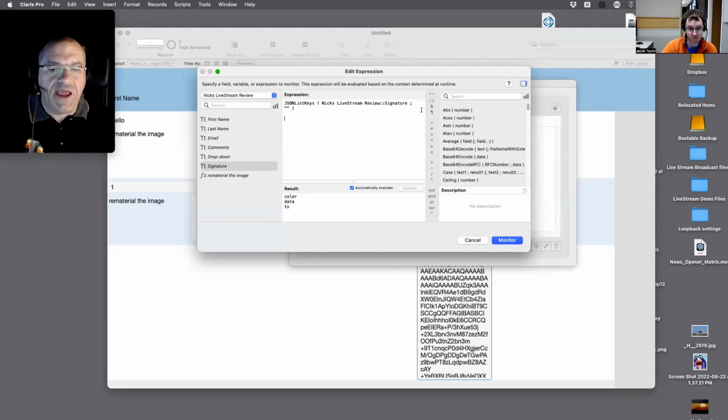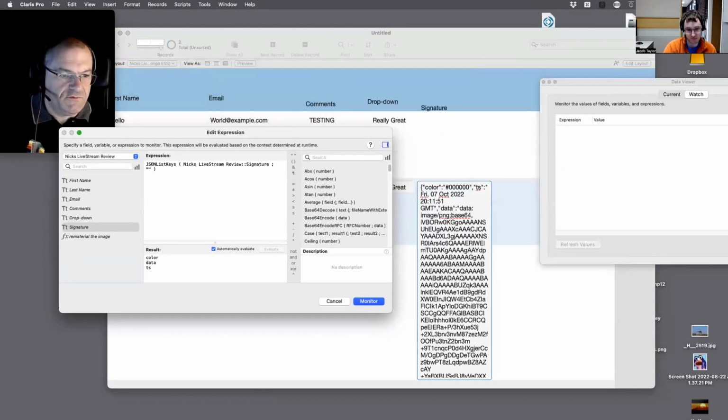Okay, so we have data, color, data, and TS. Timestamp. So color, do we care about the color so much? I mean, that's the HTML you can see at the top. Black, timestamp and then apparently data. So data should work, right? So what we did should work, right?